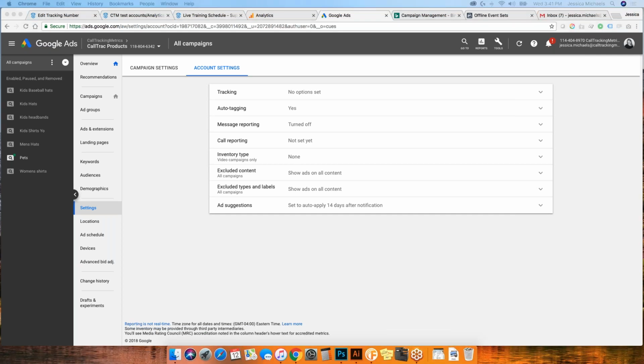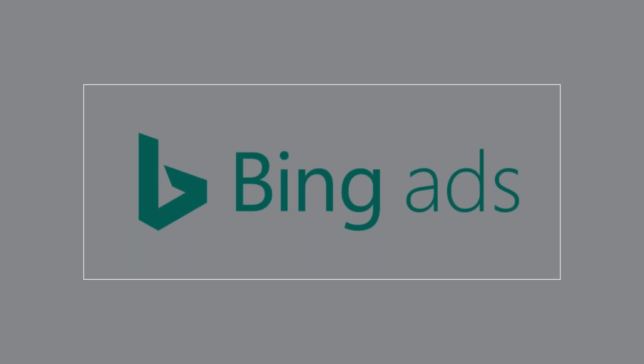Okay, we're going to move on to some more exciting things. Let me switch my screen, and that is going to be Bing Ads. So we've actually added a couple of new really exciting integrations over this last year, one being Bing and the other being Facebook. So I'm going to try to cover these and not go too much over time. So let's go ahead and dive into Bing.